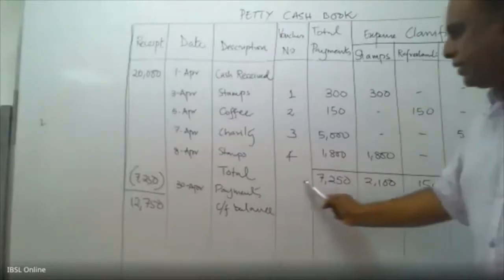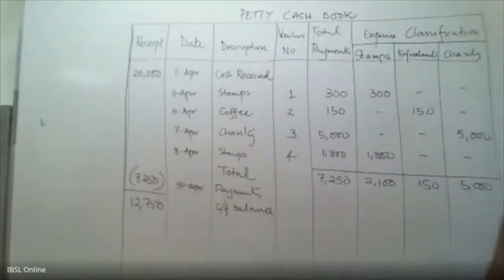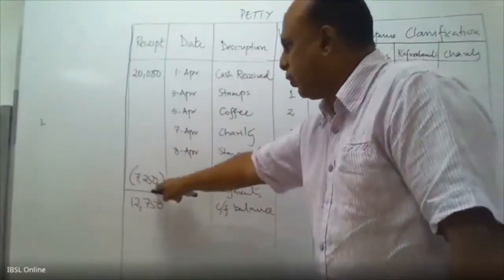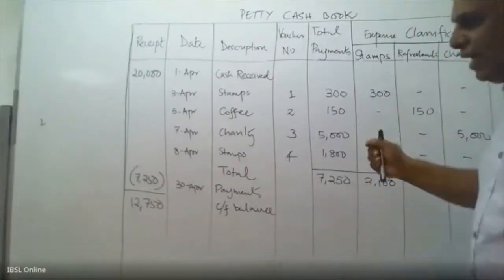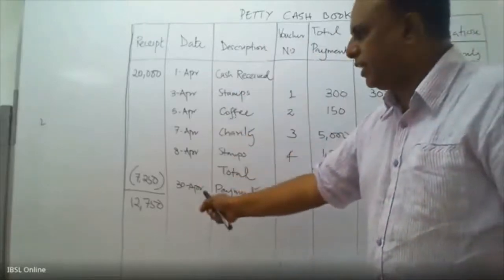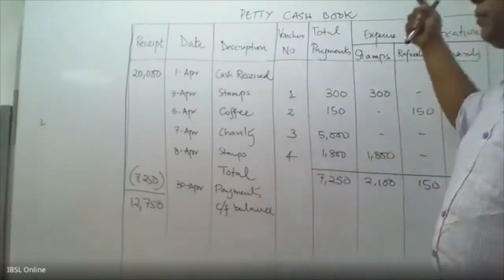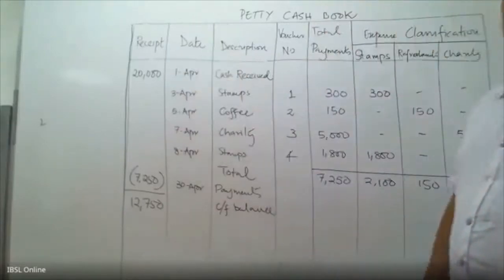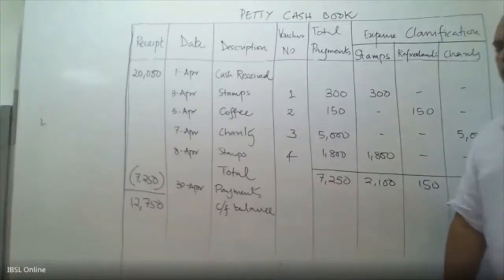Right. Okay. So what you can do is take this down now. What we have done is the total is here, total payments. That total payment will get deducted in the first column at the month end. The petty cashier will go with this schedule and give it to the main cashier, showing that 7,250. He will check all the bills and everything, and again he will give the petty cashier this 7,250, so that the petty cashier will start the month of May again with 20,000. This is how this petty cash book concept works.